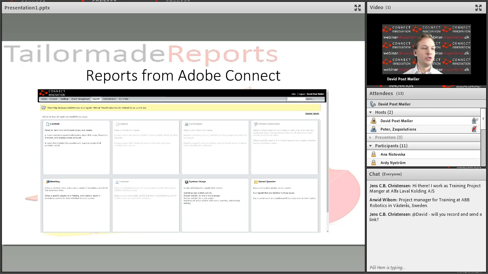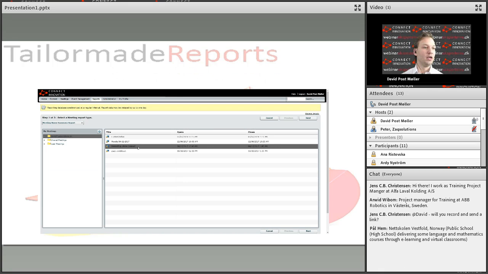When you're in this area of the central, you have a lot of different choices to choose which area you would like some information about, and depending on what modules you have access to, you can get information on the different modules. In this example, we will use the meeting